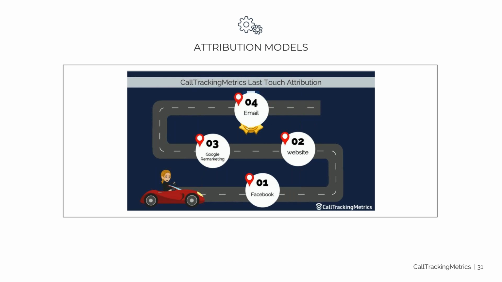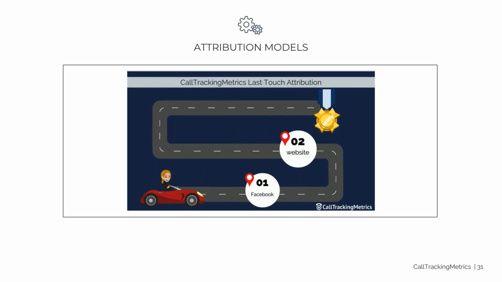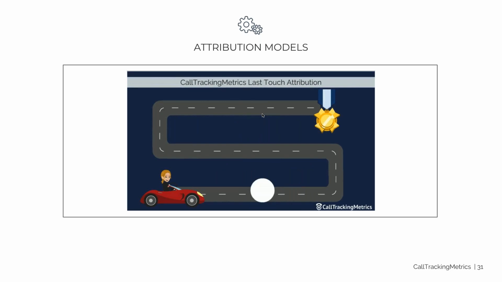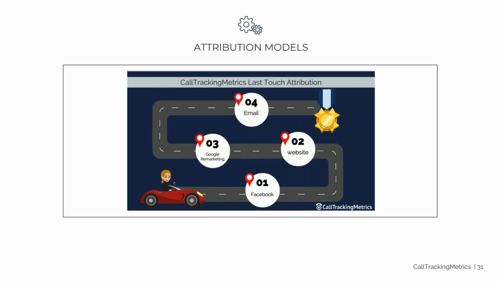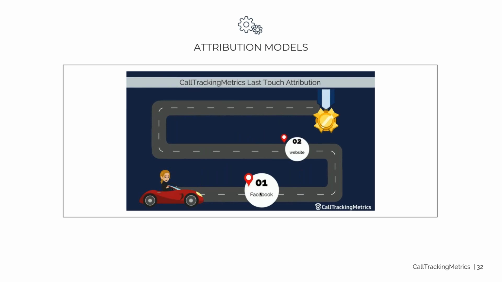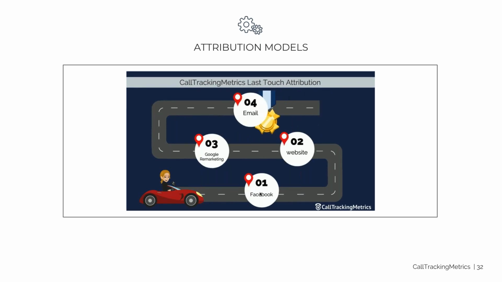Now, CallTrackingMetrics offers 2 types of attribution. We have first touch and we have last touch. So as you can see in our lovely graphic here, last touch is going to give the most recent touch the attribution, while with first touch, it's going to continue. Oh, I think I have the wrong little GIF here. But with first touch, it's going to give the attribution to the first way the person came in, and then it's going to hold them to the cookie for 30 days for that.